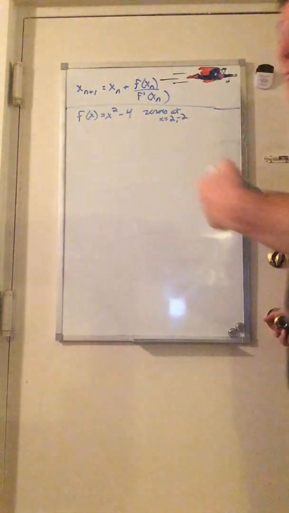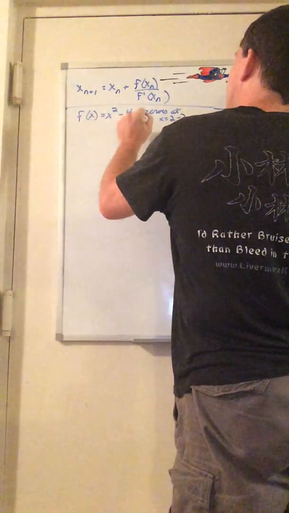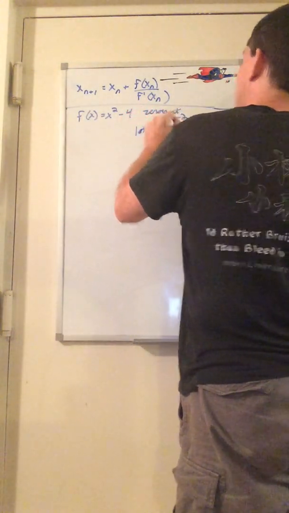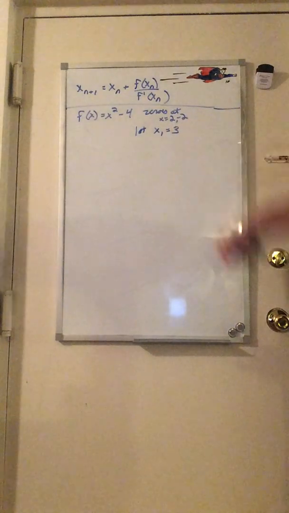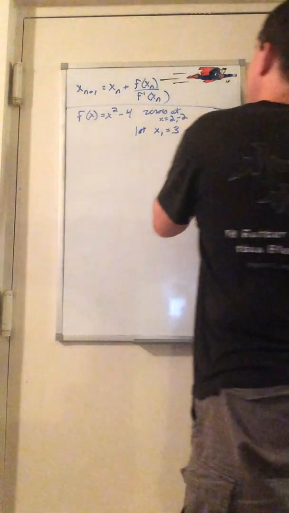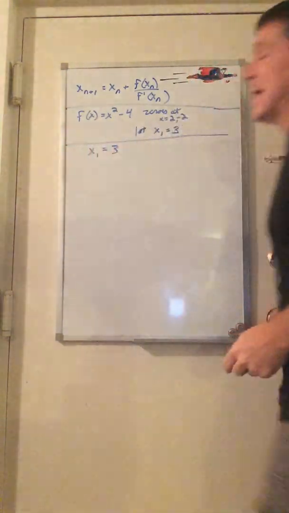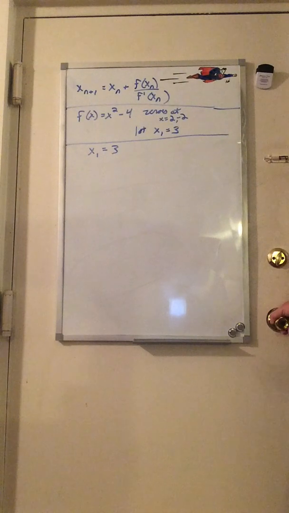But we're going to assume, for whatever reason, I can't figure that out. So we are going to let x sub 1 equals 3. And hopefully I can try to get close to that 0 at 2. And now, just so you know, the way this generally works is you're told what your x sub 1 is, and then you're told find x sub 4, find x sub 5, find x sub whatever. And you just do as many iterations as necessary, showing